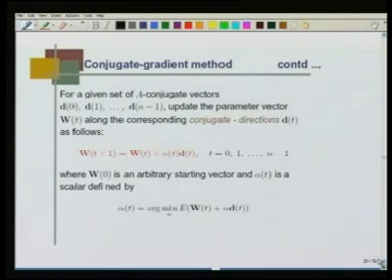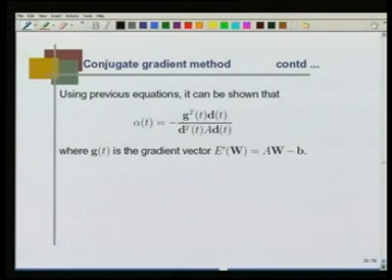So, for a given set of A-conjugate vectors d0, d1 up to dn minus 1, update the parameter vector wt along the corresponding conjugate direction dt as follows, where this alpha t is selected in such a way that this cost function is minimized. So, find alpha such that this function is minimized, and that solution is given by alpha t equals minus gt transpose dt by dt transpose A dt, and where gt is